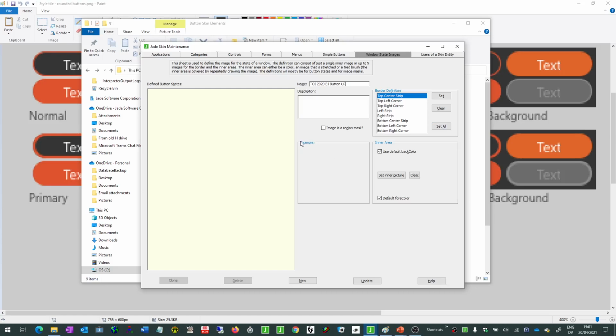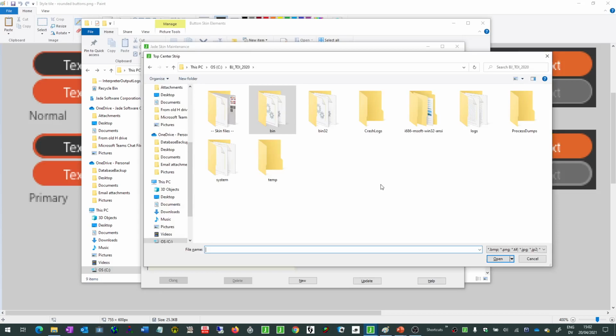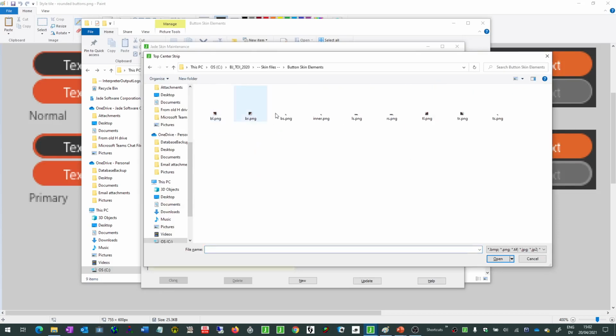And if we watch in this little example box down here, we'll see the button start to build up as I set the images. So let's go ahead and click the set all button, and then we'll wait for the dialog to come up. And again, this looks like it's going to take some time, so I'll just pause the video and come back to you shortly. Okay, that dialog's come up, so now I can navigate into the folder where I had those 9 little images